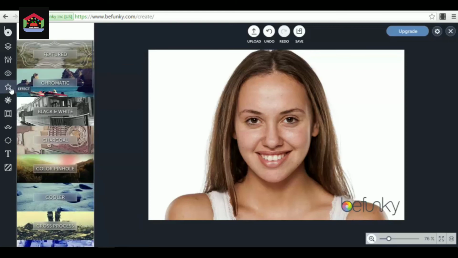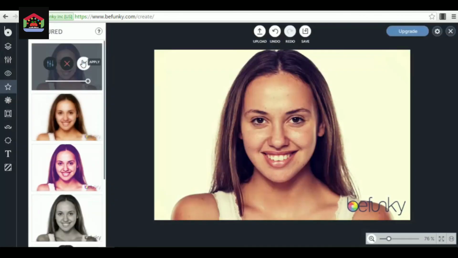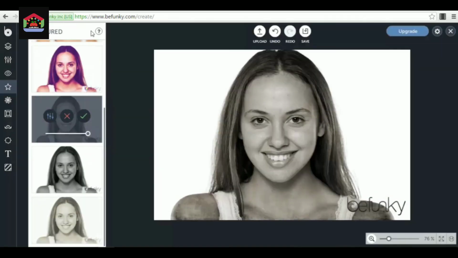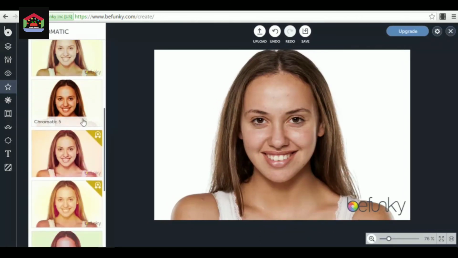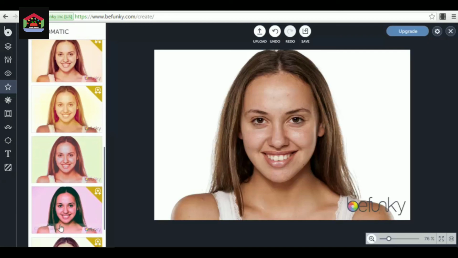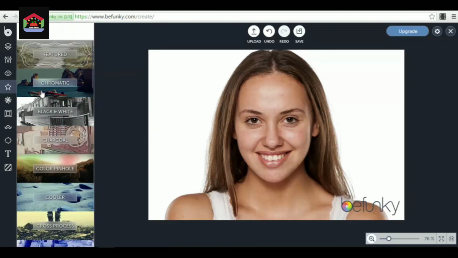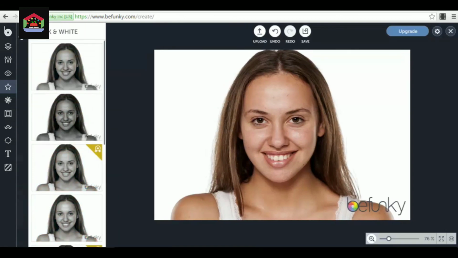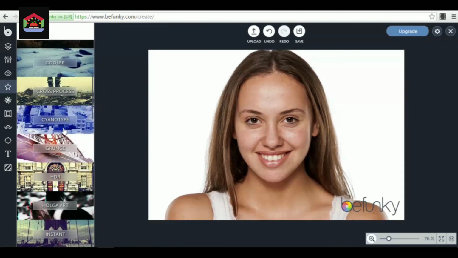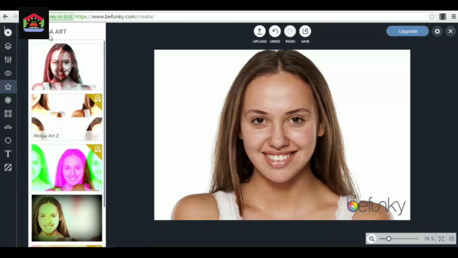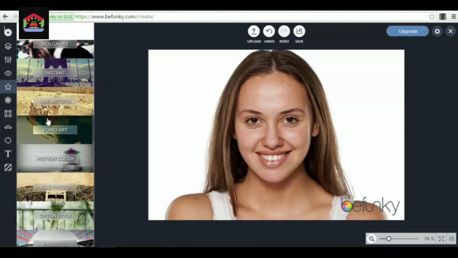Let's see what other effects we have. We have different types of effects here. We have the featured effect, for example. We can use something like this, thin types. We have chromatic effects, where we can use different types of effects, as you can see here in the preview section. You can see exactly what you get from your image if you apply any of the effects here. We have black and white effects, different types of black and whites and variations. The grunge effect, Holga art, for example. This one is very interesting. So we have different things that you can use with BeFunky.